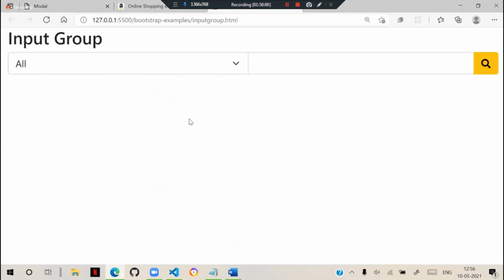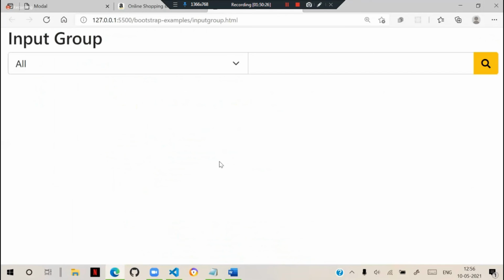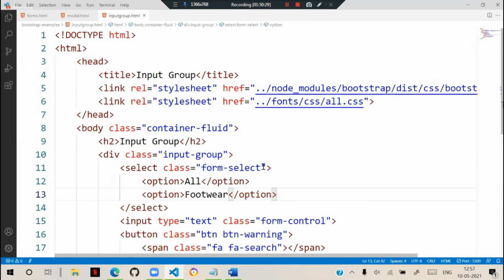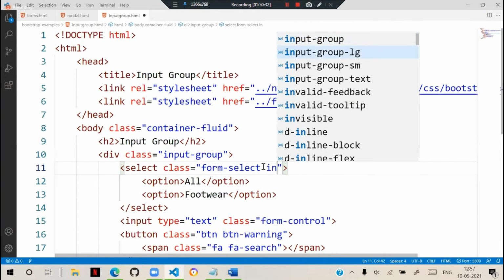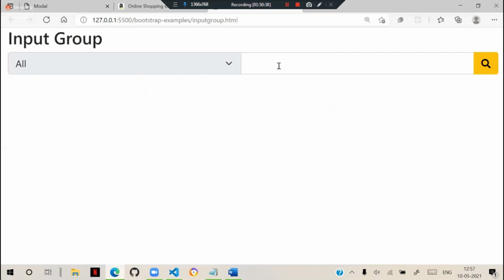You can adjust the size. We can set the height and width. We can use the size for that. You can define how much width and height you want. We can configure it. Depending on the size, it will display the content. That means you can arrange it even in columns also. That keeps the content accordingly. So, for example, for this class I'm adding input group text. Input group text for that drop down. It looks like this now. We can adjust the width, configure it and display.